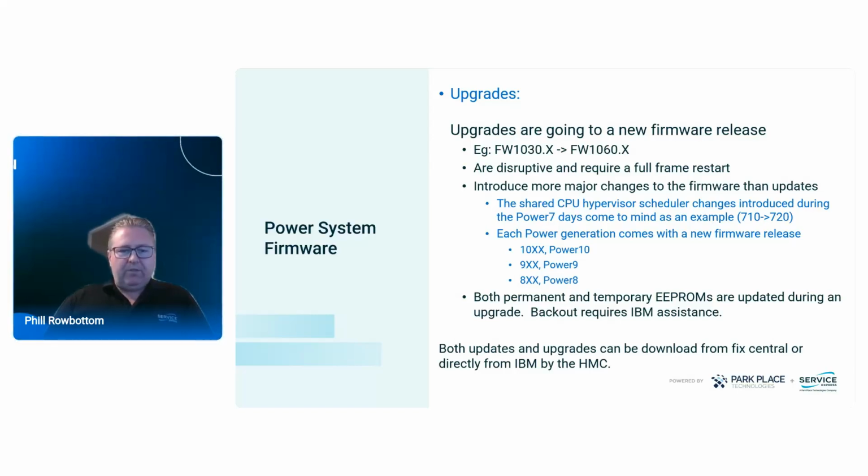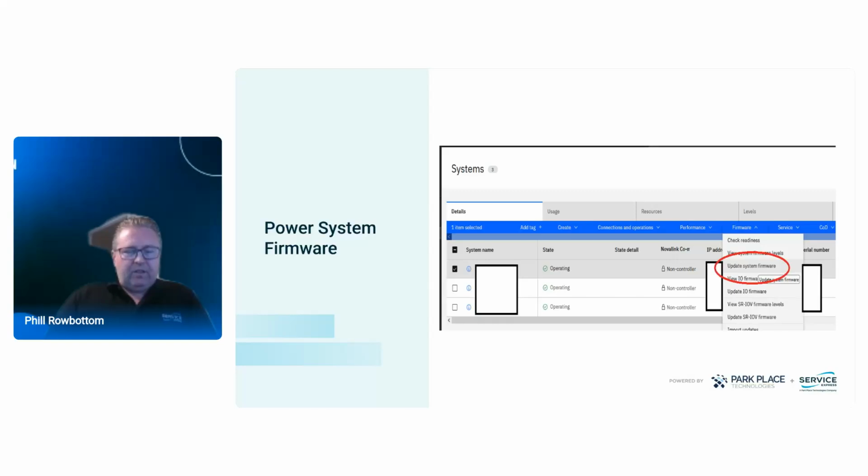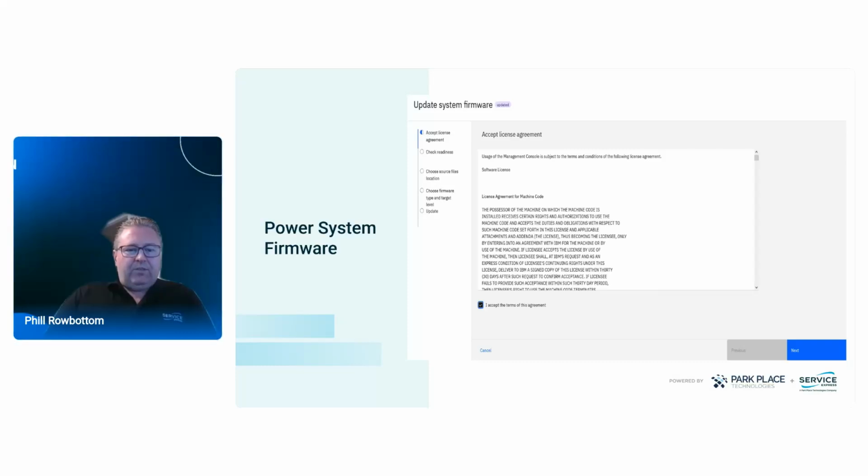Everything seems to be a reliable process, reliable updates. So both your updates and your upgrades, you can download them from Fix Central or directly from IBM through the HMC. So just going as an example here of a power system firmware upgrade process or update process, we select the update the system firmware, we accept the agreement,